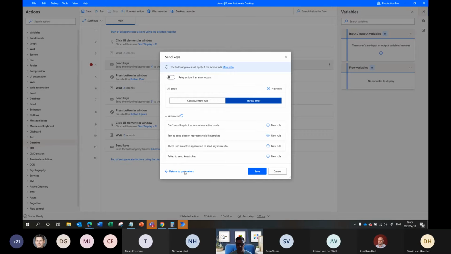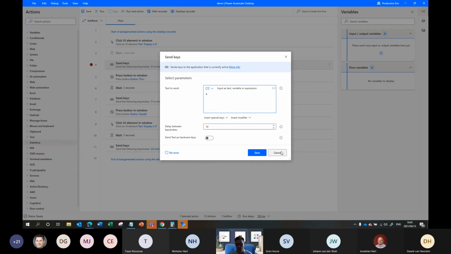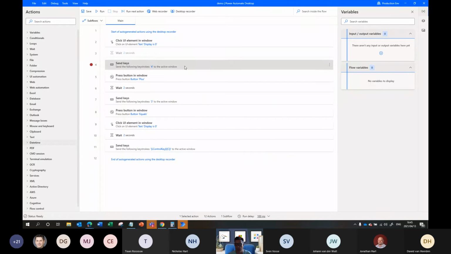When you get to a specific action and you select and edit it, you'll get different parameters and properties. You saw David show, if I was dealing with an Excel file that's password protected, you could send in a password. The same for PDF files and zip files. There's an option here to extract zip files, open up PDF files and take images out of them, and they might be password protected, so you'll get a password option here to unprotect it. So there's just some interesting stuff here. Also on the right-hand side, by the way, in this variables window, I can see the input variables for the entire flow.